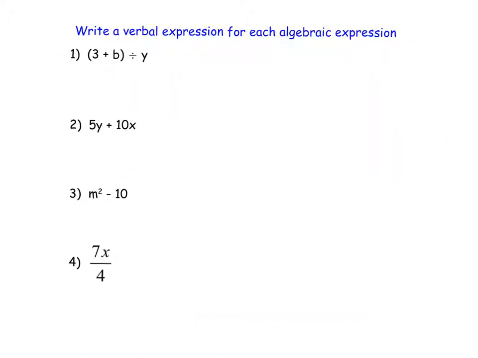So on this slide, we're going to work in reverse. We're going to actually write a verbal math statement for each algebraic expression. So what I notice here in this first one is that I have a big quotient. So I think the quotient is the most important piece because it's right in the middle of the 2 main items that I see. So I'm going to say the quotient